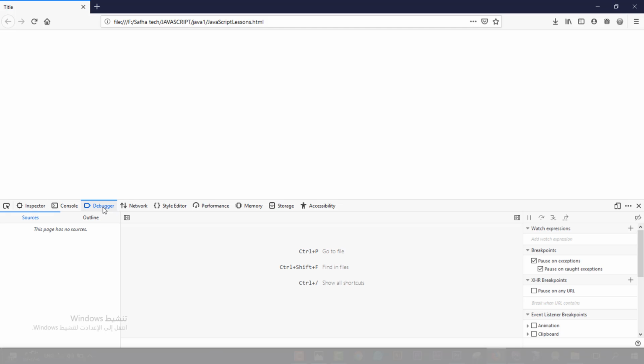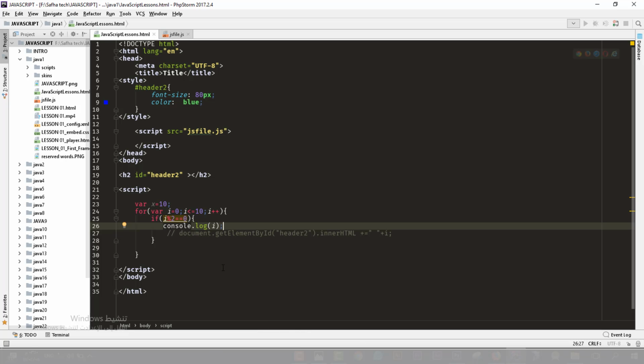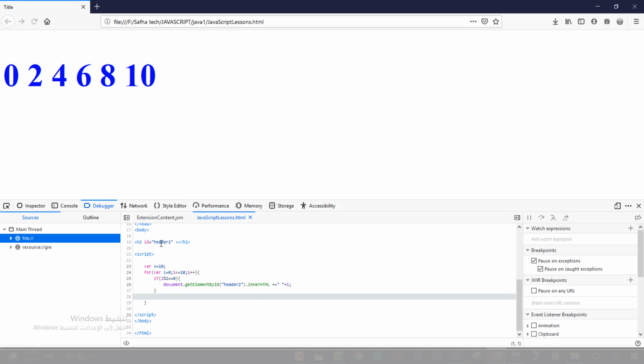Second one, which is the most important thing that we will talk about now, which is the debugger. Okay, so let's roll back these two steps. Great, save it and refresh here. Great. So here we have something called the debugger. The debugger helps you to control